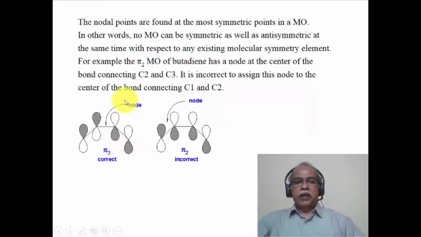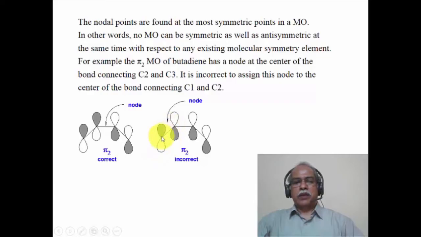If we consider the pi 2 molecular orbital of butadiene, take it from me that this is the pi 2 molecular orbital of butadiene. In a few minutes we will see how we arrive at it. Now the butadiene pi 2 molecular orbital has 1 node, and that node has to be placed at the most symmetrical point in the molecular picture of the molecule,